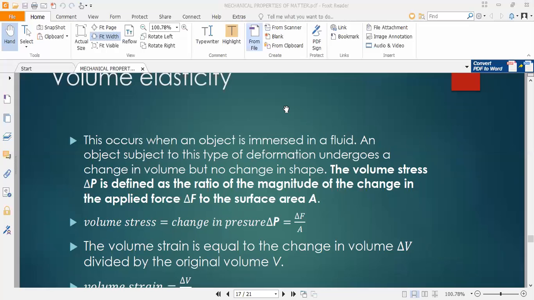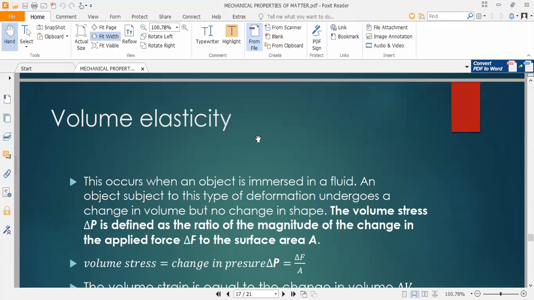Yeah. So otherwise, when we come to this other topic, which is volume elasticity, by volume, you expect that volume is the capacity of that container, right? The capacity of a container, the capacity, or